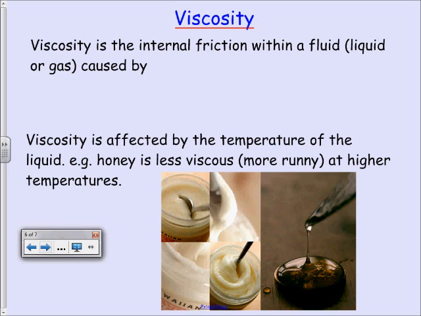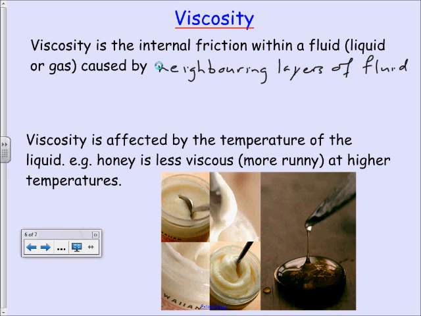Related to friction is this general thing called viscosity. Viscosity is the internal friction that you can get within what's called a fluid. Now, a fluid could be a gas like air, or it could be a liquid like water. So the word fluid refers to both of those things. Viscosity is caused by neighboring layers of fluid moving over each other